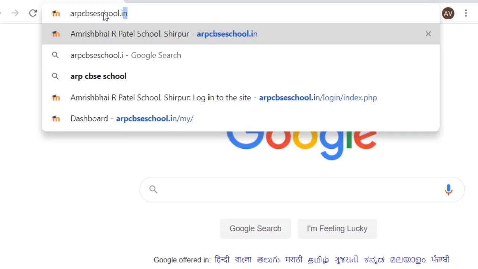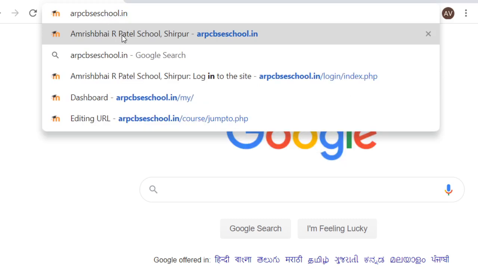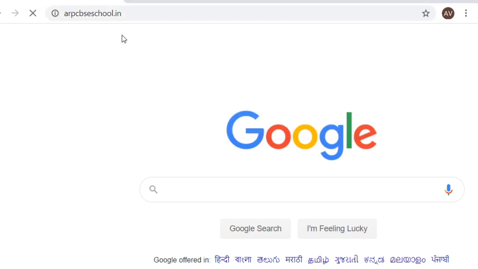It's very important to get into it because the URL is important to log in. Without the URL, you cannot log in. So click on the URL, then the window of our school website will appear in front of you. When you go into it, the screen will appear, and at that time you will be able to log in to our school website.